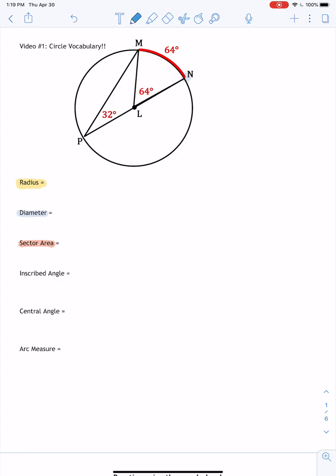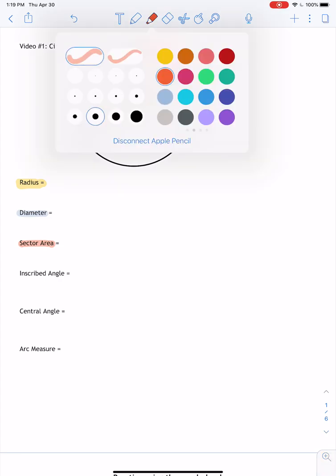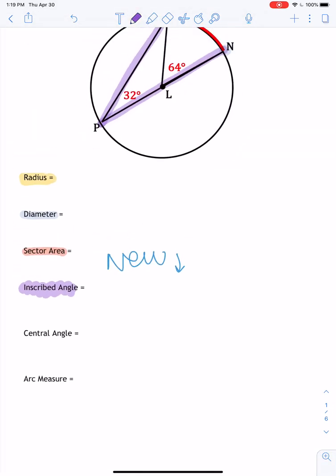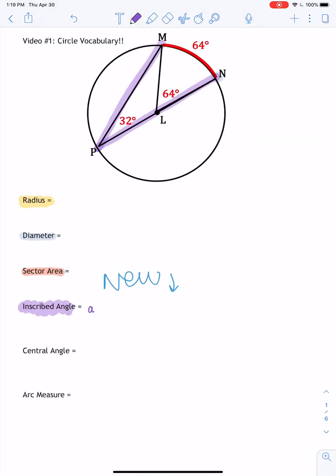And here comes the new stuff. So inscribed angle. So this is where we go new from here below, and you'll want to jot this down so that you have access to it later. Inscribed angle is an angle like the one I'm highlighting in purple right here. So an inscribed angle is an angle